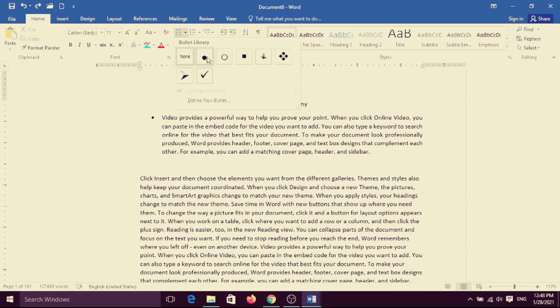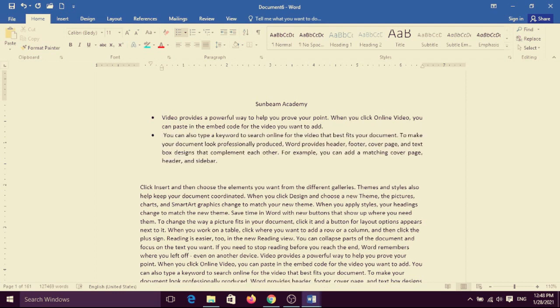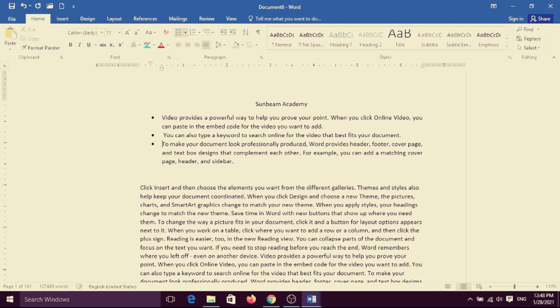Okay, suppose I choose this one, first bullet, and when you enter, suppose your line is full and you press the enter button, the second bullet will automatically come. To make your document look professional, I just press the enter button.